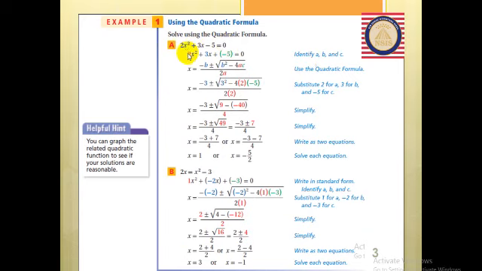What's a? a is 2. What's b? b is 3. What's c? Negative 5. Take care. Negative 5. You must take the term by its sign. Okay? Then x equals,